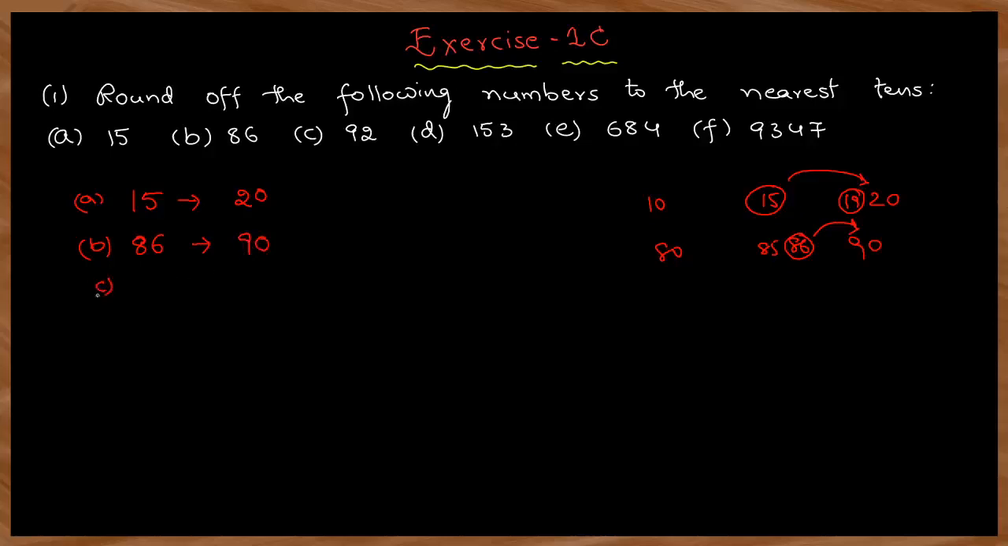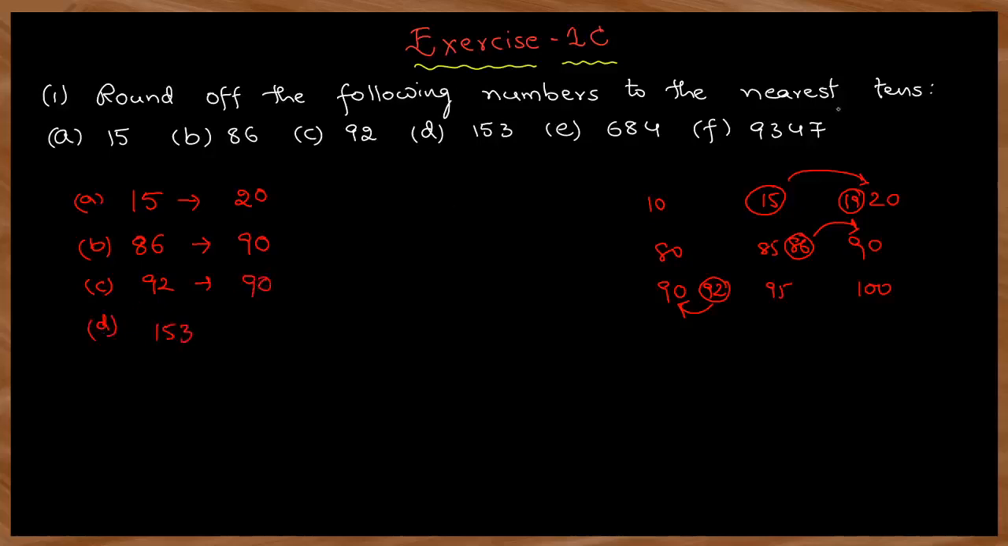Next. Nearest 10 of 92 is what here? What is the place value of 10 here? 90. So you have to check in between 90 to next 10, which is 100. So middle number is 95. So 92 is somewhere here, which is nearest to 90. So the nearest 10 of 92 is 90. Next,